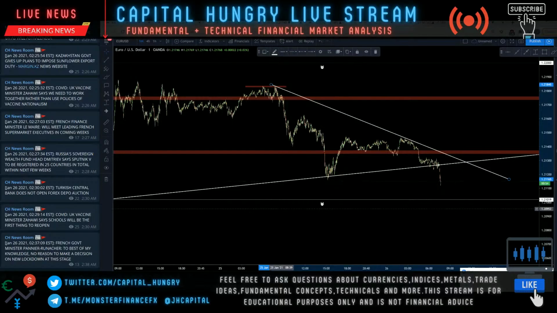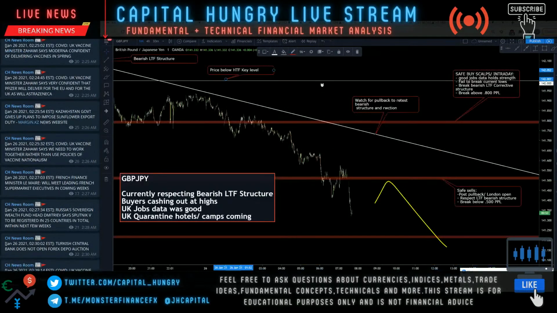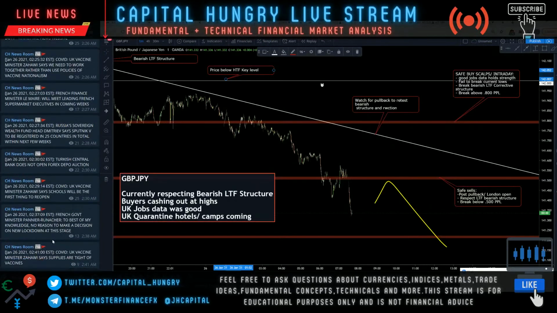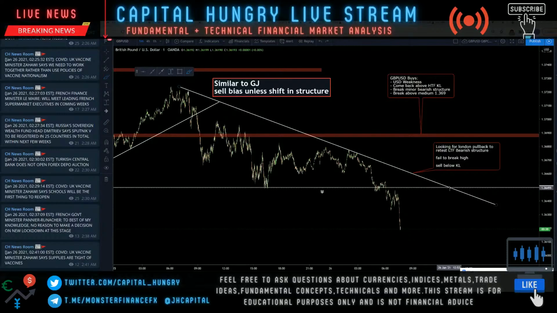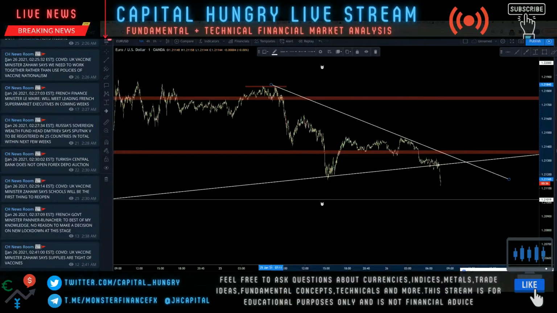But the trade ideas we gave on GJ, and we're still going to be waiting for, is that bearish bias. If you didn't get a breakout entry at 0.500, we're looking for the retest of 141.5 and continuation down. GU, 1.365. Euro USD, we're looking for the retest of these previous 1 minute lows in bearish market structure.